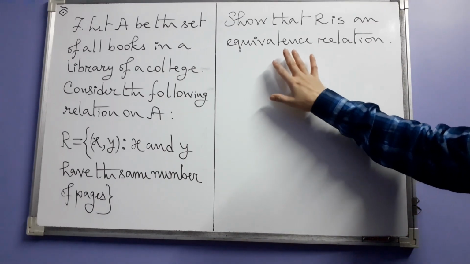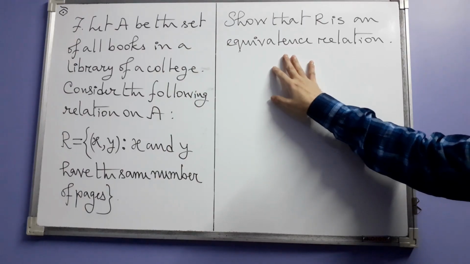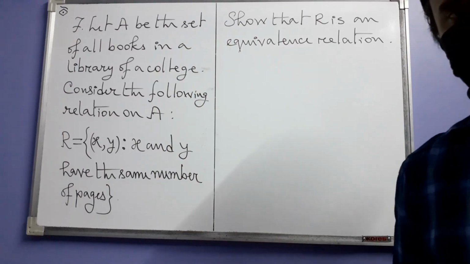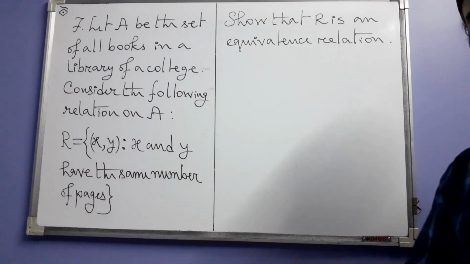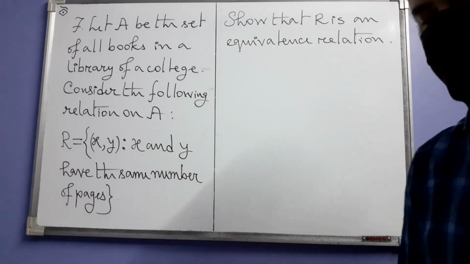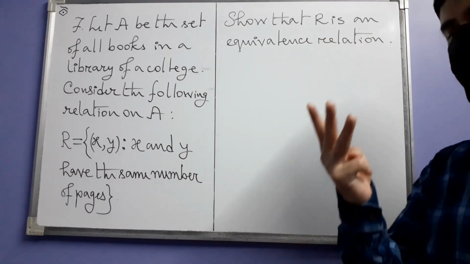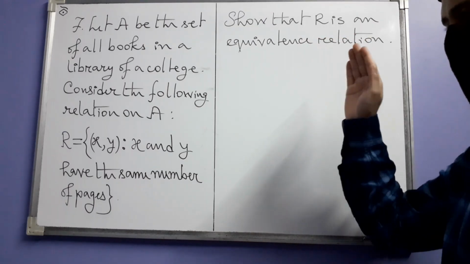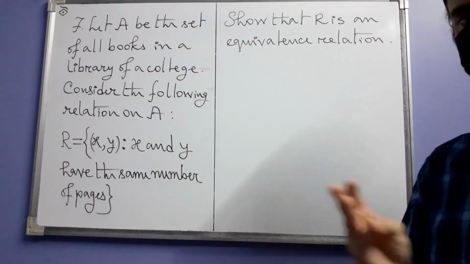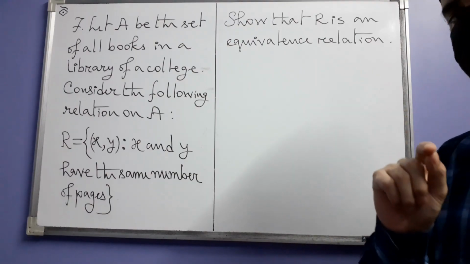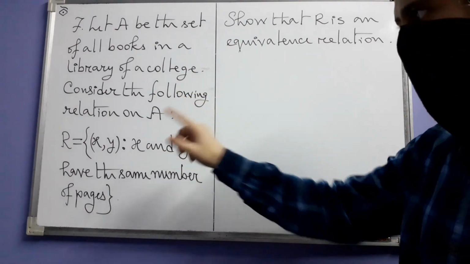It is almost just an exercise of simply writing some sentences. You practically don't have to do any kind of mathematics. How do you show that this is an equivalence relation? So you need to show 3 things. It should be reflexive, symmetric and transitive. What do we need for reflexivity? You take any book from that library,